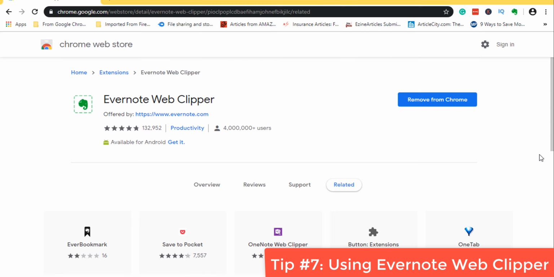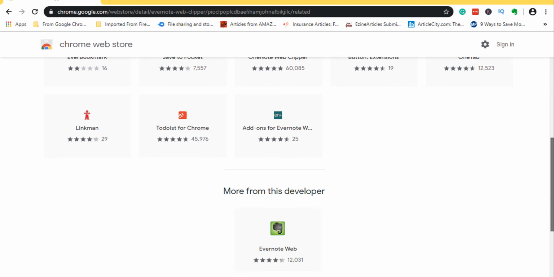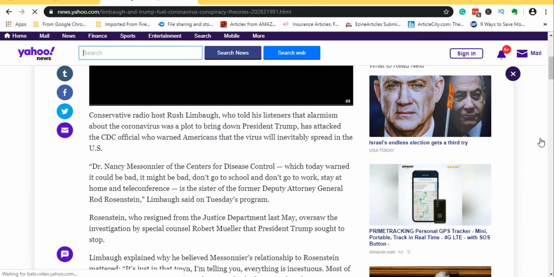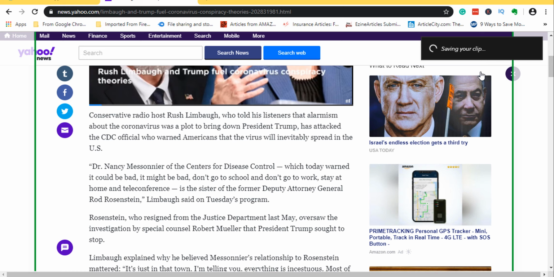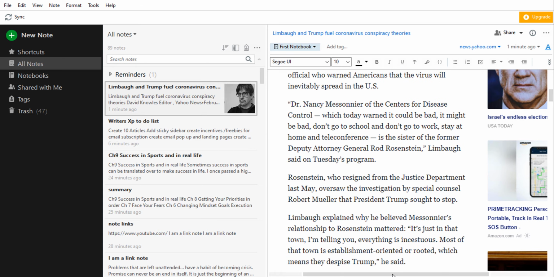The final tip I have for you is that you can create notes outside of Evernote and without even opening Evernote. This is possible with the help of Evernote Web Clipper. It's a browser extension that lets you capture full-page articles, images, selected text, important emails, and any web page that you like, and you can read them offline. To use Web Clipper, you can download its extension from your browser store, or you can visit the Evernote website at evernote.com to download the extension for your browser. It is available for Chrome, Firefox, Safari, Opera, and Microsoft Edge as well.